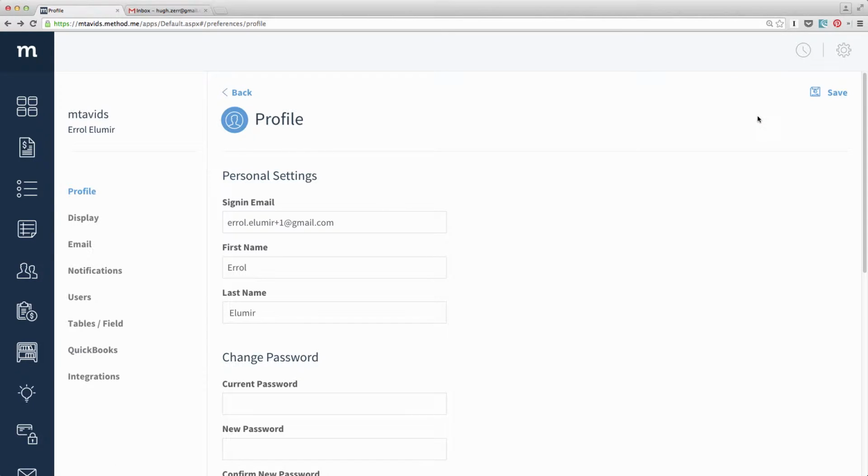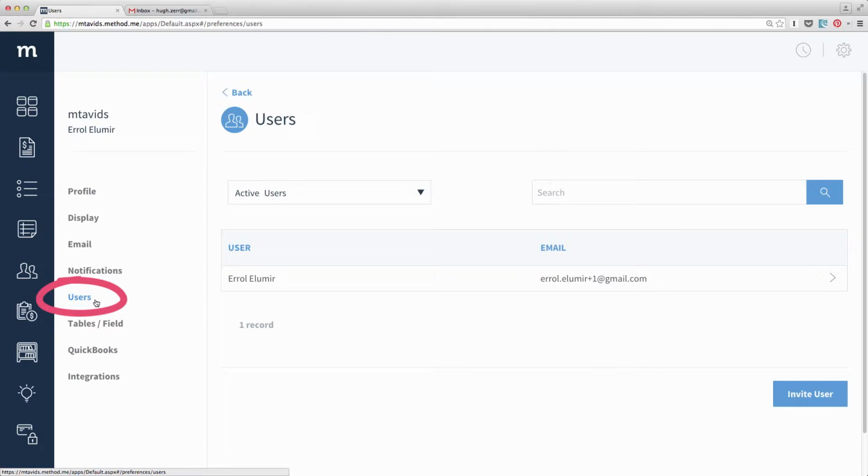This is the preferences page where you can find a number of things. This video, however, is on adding users, so go to the left preferences menu and select users. Note, if you just signed up and are the only user, you will have full administrator permissions, and thus this link will be available to you. But if you aren't an admin, you won't be able to click this and it will all be in vain.